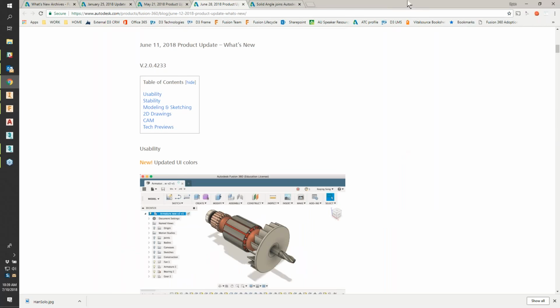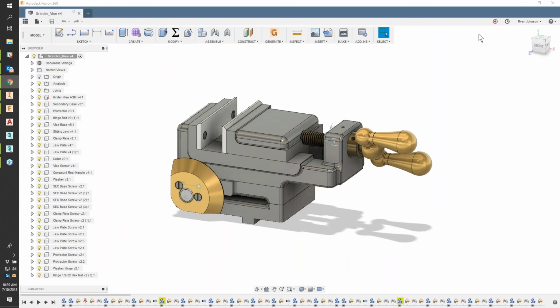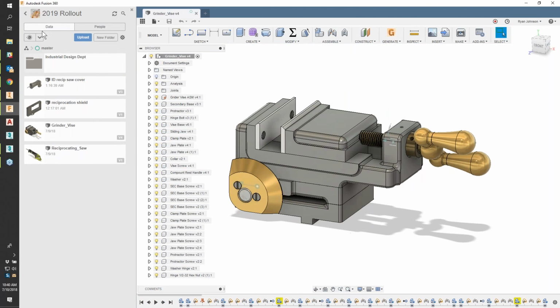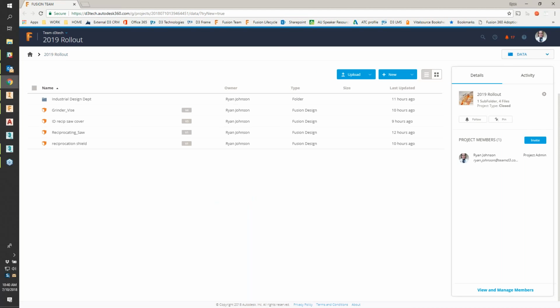So really, we're not going to go through all the updates on Fusion, but what I wanted to focus on here was a really interesting thing that is newer in the collection. The collection's all about these workflows between products. So what if we're working in Fusion 360, or we have parts of our company working in Fusion 360, but others working in Inventor? So we're going to talk about a tool called the desktop connector. First of all, inside of Fusion 360, it's all cloud-based, so I'm going to go to this projects page